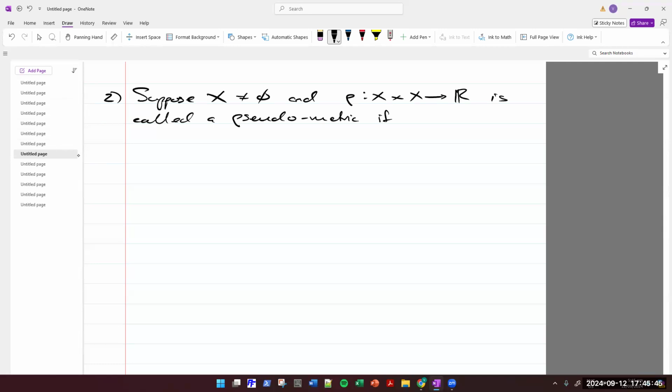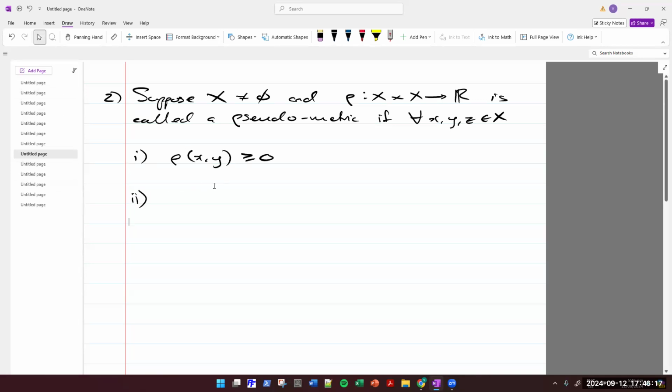I don't want to use M1, so let's just call it property 1, 2, 3, and 4. For any x, y, z in this set, I have this. The first one is rho of x comma y is non-negative. This is the same thing as M1 for the metric. The second property,